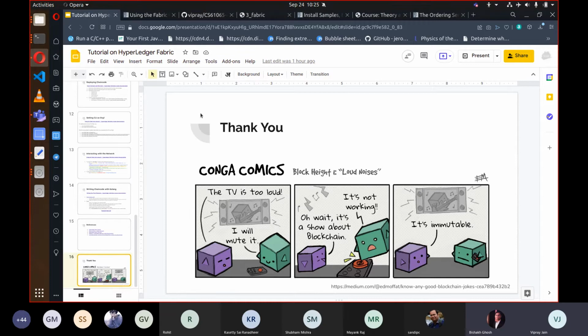Just a clarification. If you want, you can install more than one chaincode on the same network without stopping it. For this presentation, since we kept all the commands and the chaincode names the same, we just restarted the network.